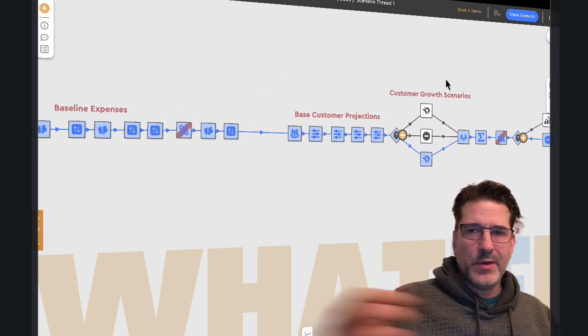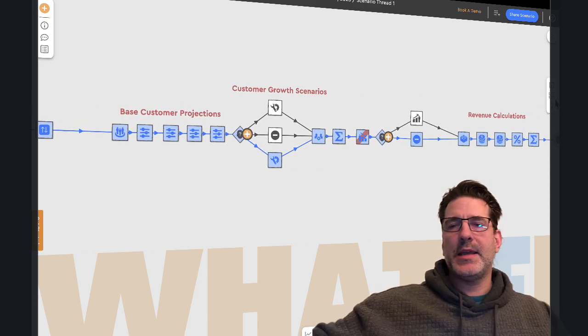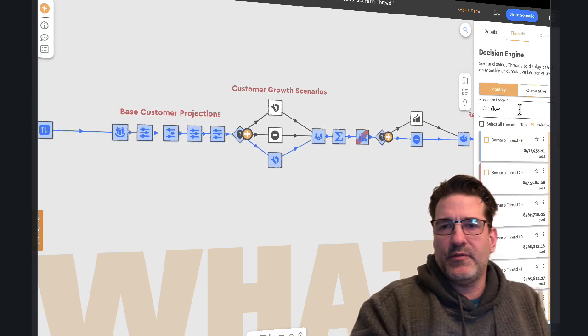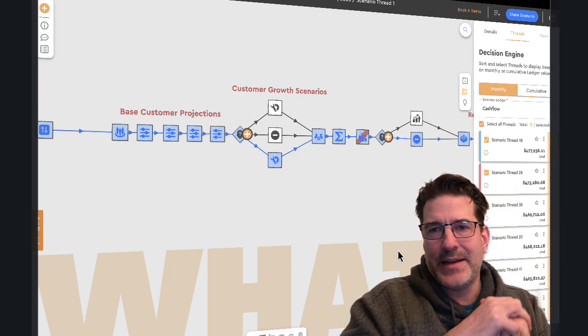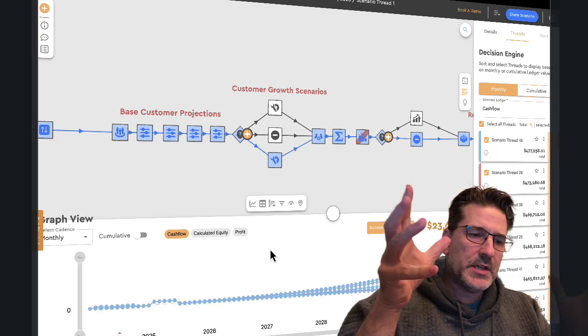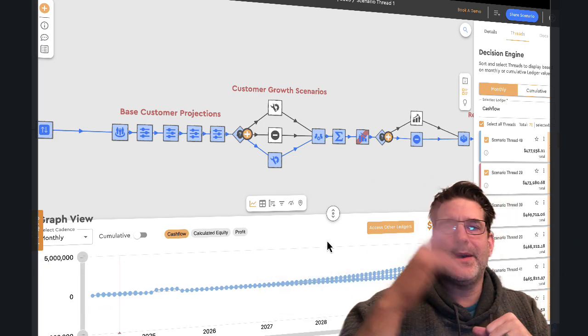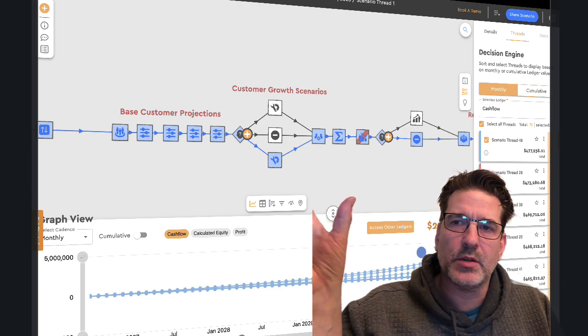So right now, no one in their right mind would run a large language model to run time series 5-6 year forecasts for a large business with all of the complexities and dependencies that happen in business, all of the variables that are there. So instead, you're stuck in your spreadsheets, you're building a best case, a worst case, and a middle case, and the reality is none of those cases are correct.